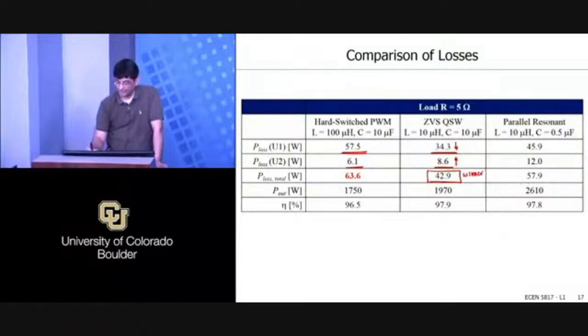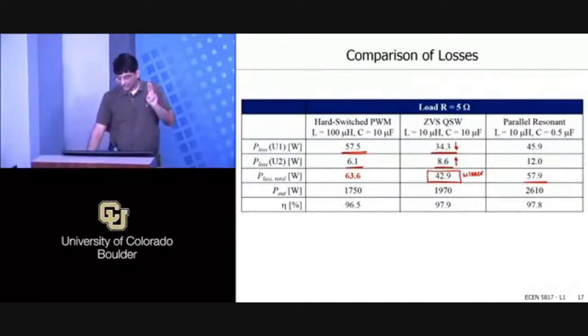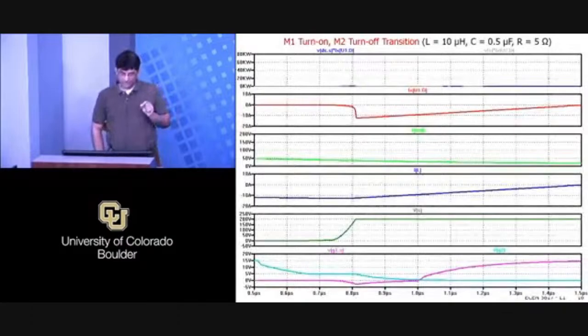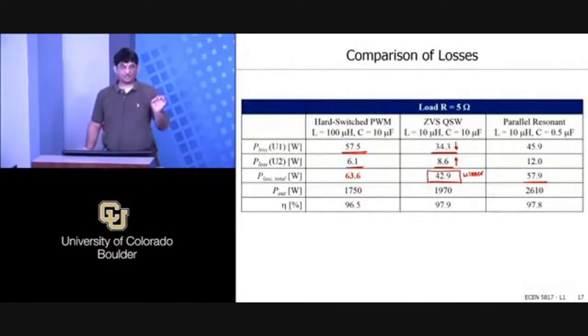Why do you think the resonant converter was not quite as good? It's better than the hard switching, but it's not as good as the quasi-square wave. Conduction loss. Same reason, conduction losses, because in here you have even higher ripple, right? And I should point out, mostly it is conduction losses, but there's one other factor, and that other factor is that there are the losses at turn off of these devices